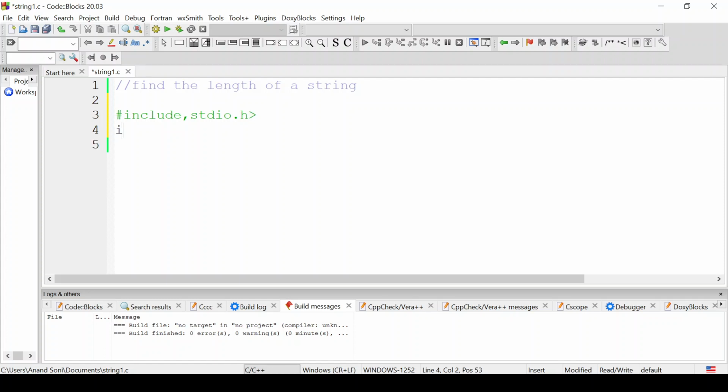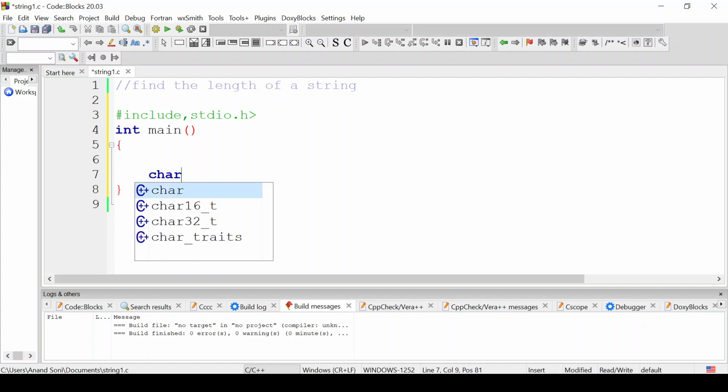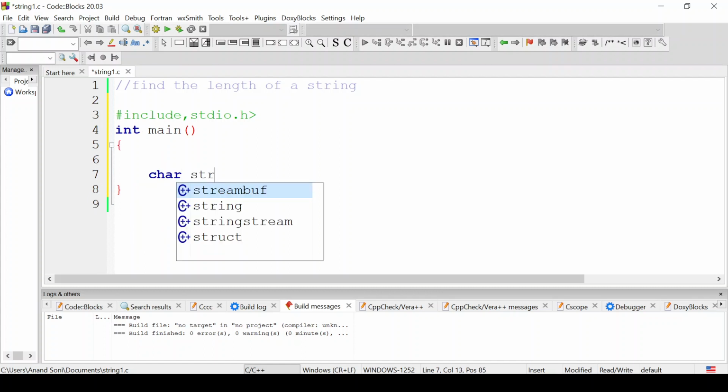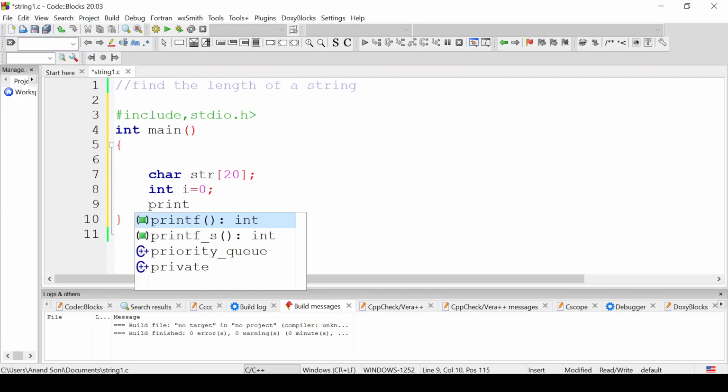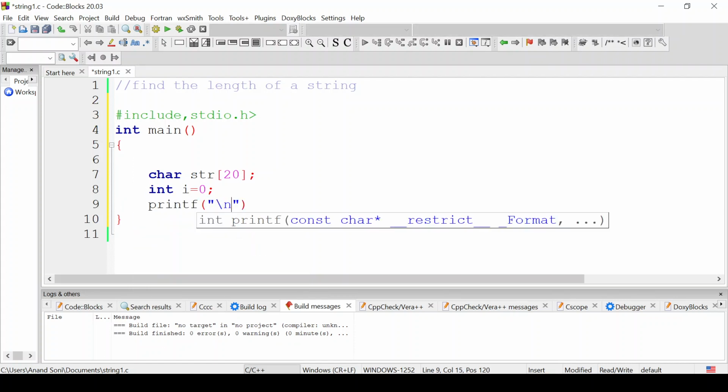stdio.h, then int main. Here I'm taking char str. The name of the string is str, and I'm giving it a size of 20. Now I'm taking one integer variable i and initializing it with 0, semicolon. Now I'm asking the user to enter a string, "enter a string",